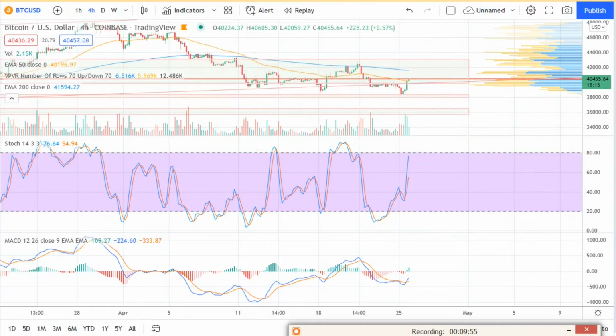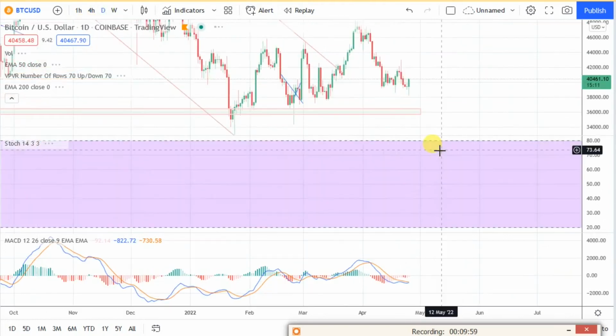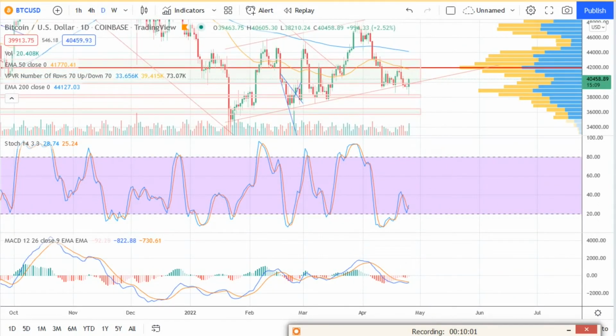All right, let's clear that out. That's what the 4-hour chart is telling us. Let's look and see what the 1-day chart says, if it's bullish or bearish. What sticks out on here? Well, first off, right off the bat, I can tell you that it looks like we have mixed signals here, because on the